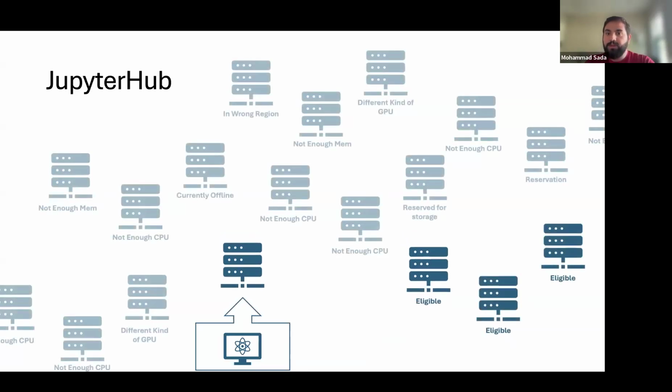And the other thing is when you start a Jupyter instance, JupyterHub runs in Kubernetes. In Kubernetes, we have distributed nodes. We have more than 400 nodes. They're spanned across the United States and across continents as well. And you can see